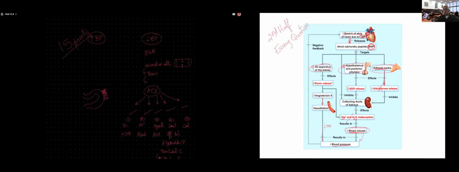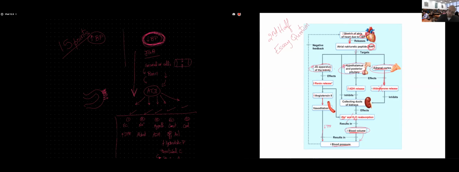So, how your body responds, in case of low blood pressure, you're going to be explaining the structure of the juxtaglomerular apparatus, the granular cells, and how the granular cells are going to be detecting that there is a drop in the blood pressure. They will be releasing renin in response, which will be converting angiotensinogen to get angiotensin 2, and then you're going to be stating the different actions of angiotensin 2 on how angiotensin 2 is going to be increasing the blood pressure.